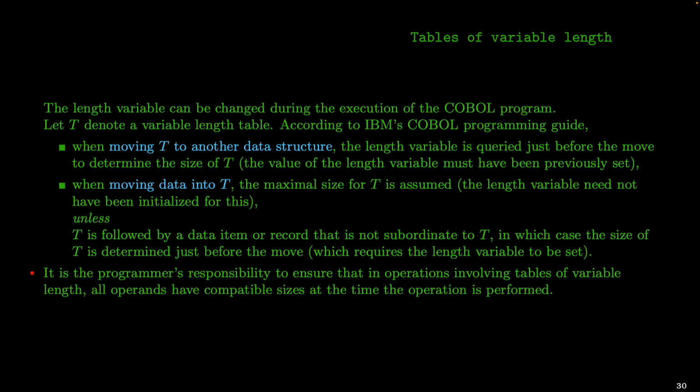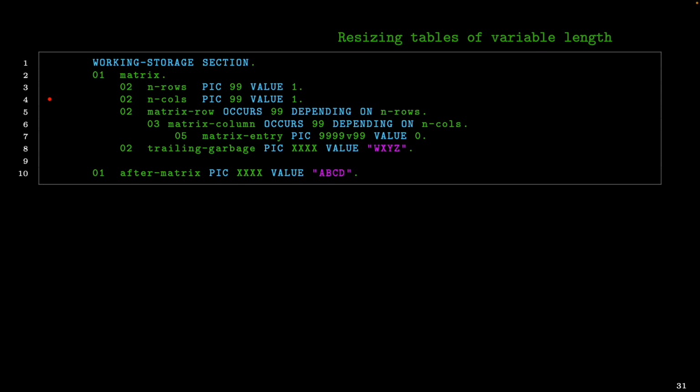But because you cannot really know what is going on under the hood, it is the programmer's responsibility to ensure that in any operation involving tables of variable length, all the operands have compatible sizes at the time the operation is performed. So COBOL is not shy about just overwriting stuff. Now here we have an example where we see this situation with data following